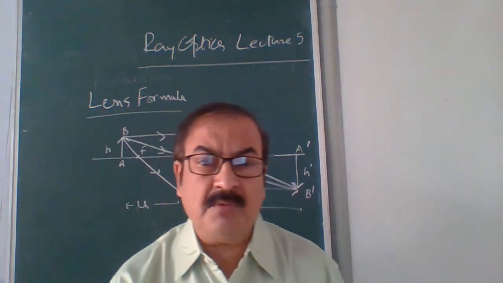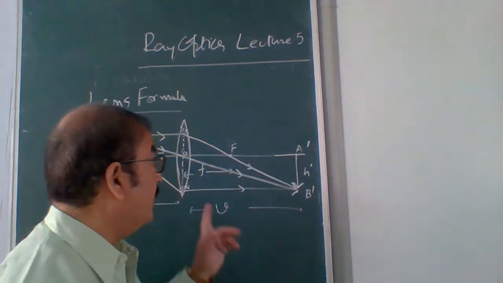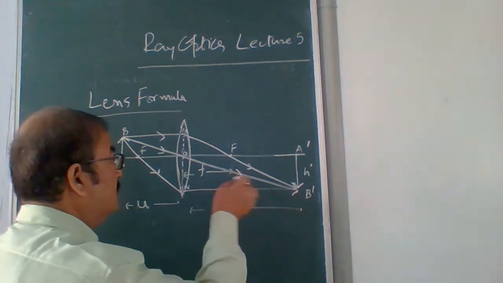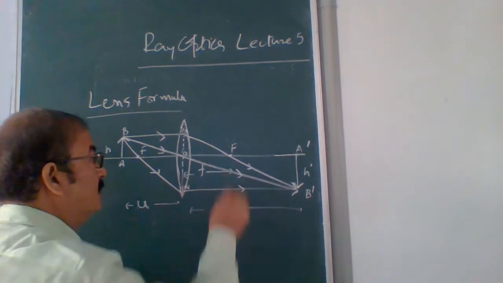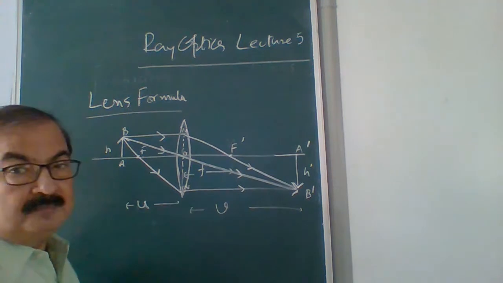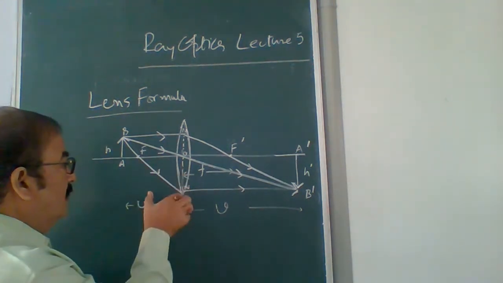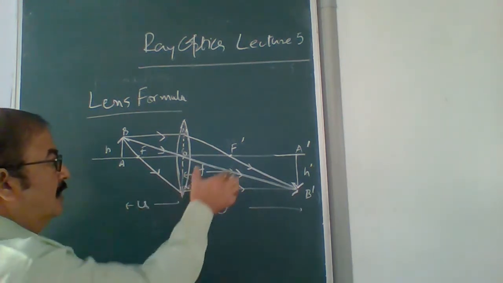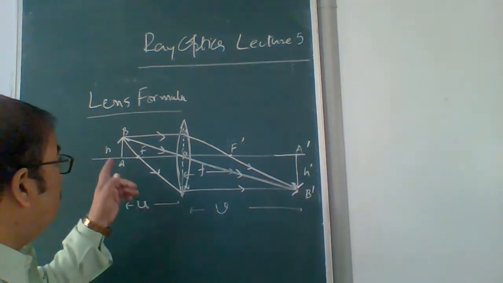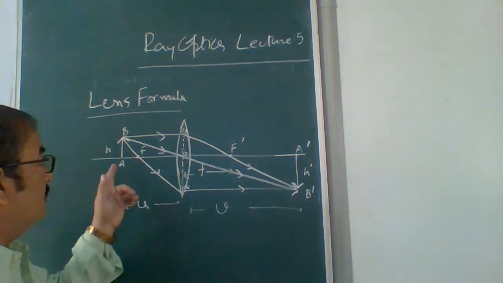Now today we will discuss how we derive the lens formula for a convex lens. I have taken a biconvex lens, meaning both the sides have equal curvature and therefore their focal lengths are also equal. This is the position of focus 2, and this is the position of focus 1. I am taking it as f dash, focus 2, and focus 1 is your f. This distance is f; by sign convention it is minus f, and this is your plus f.